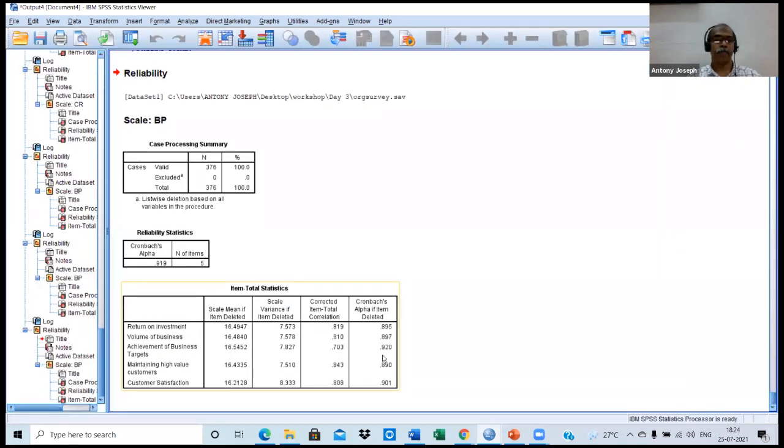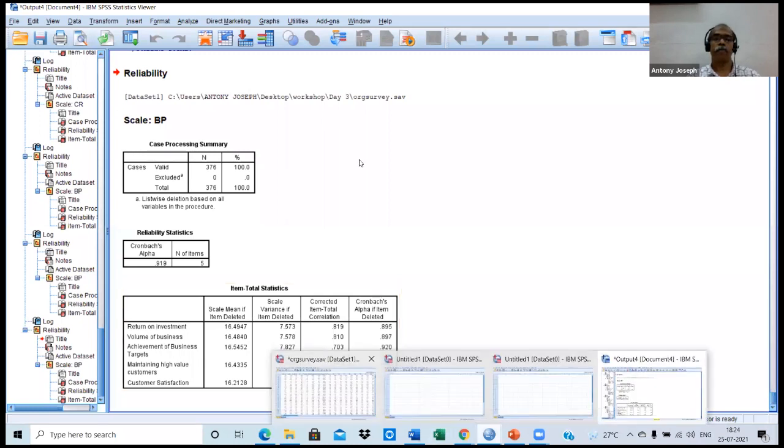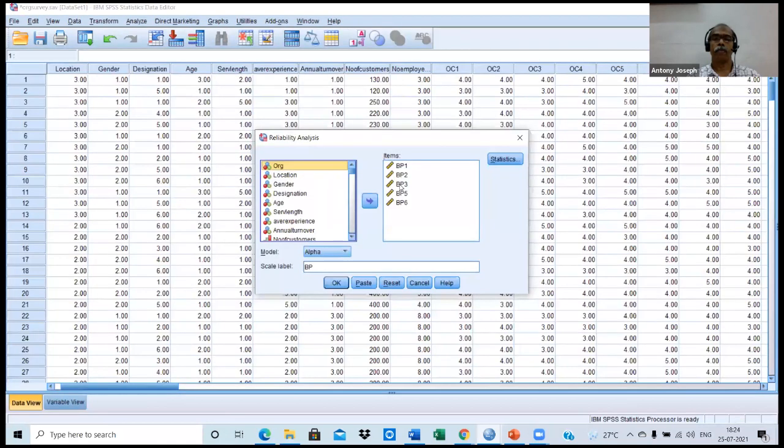Third one. Okay. Third one, BP3. So when we send back BP3, there are only 4 items.